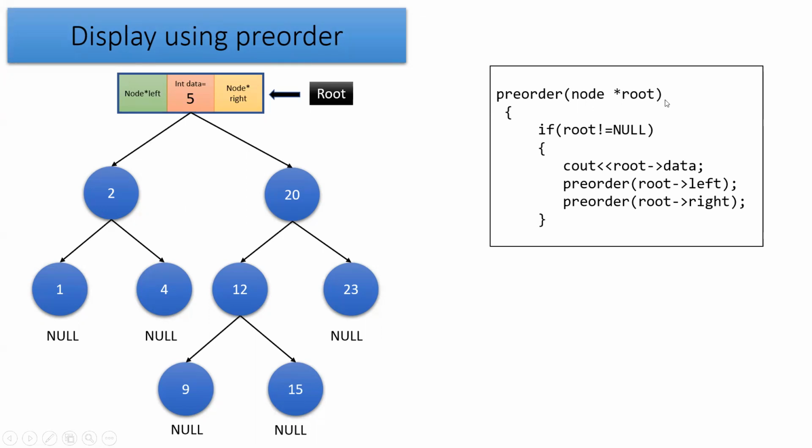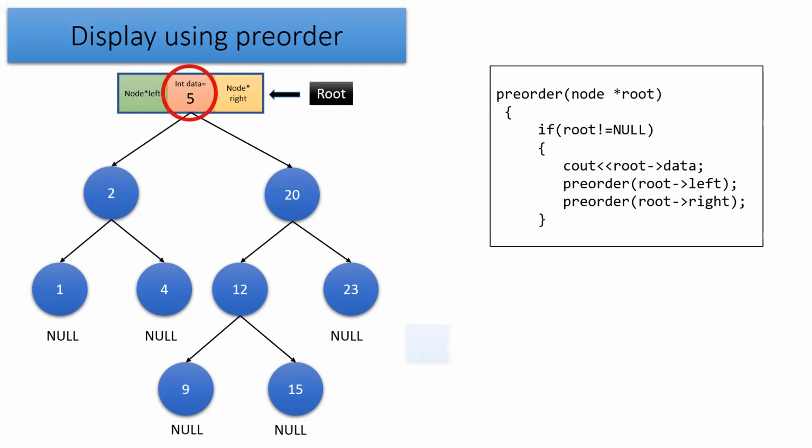Whenever it goes to the left side, once again it will check whether the root is null or not, that means whether the left subtree is present or absent. If it is present, then once again it will display the root data on the left side. And if that left child contains one more left child, then it will again call this pre-order function. Whenever the left side execution is over, it will go to the right side for that particular node. The same DLR technique it will apply and we'll get the pre-order output in the form of DLR.